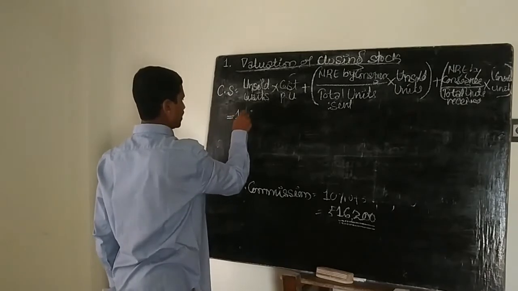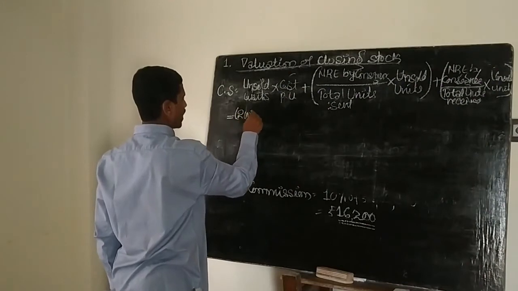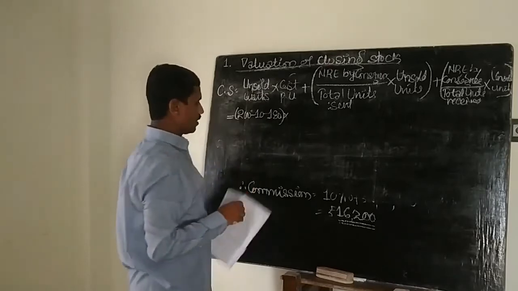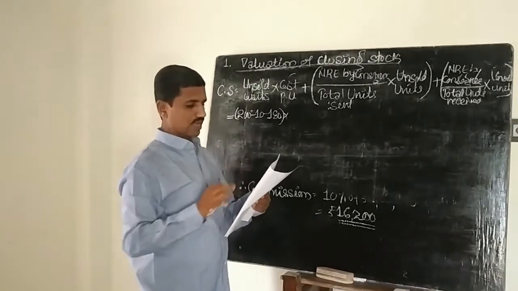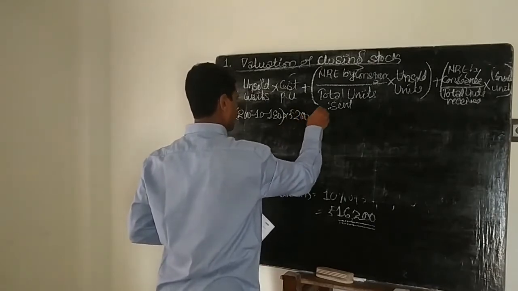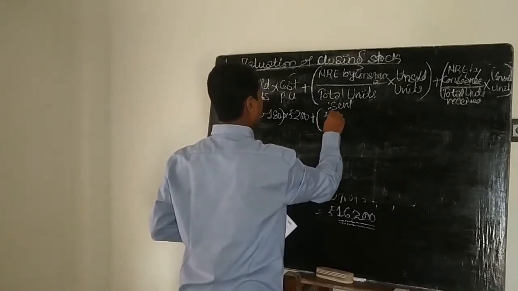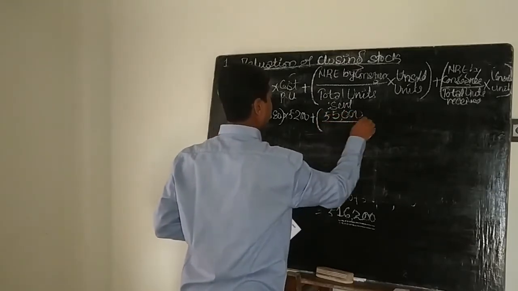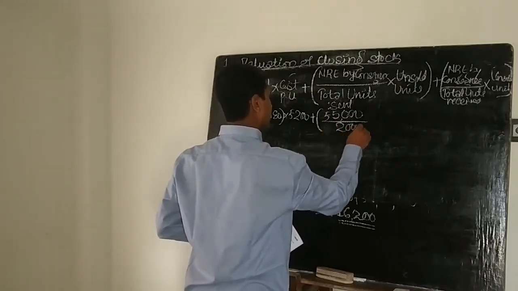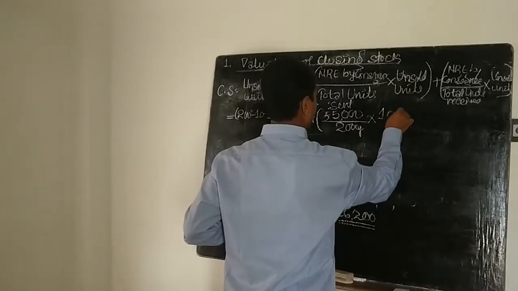So there are 10 cycles. So how did we get 10 cycles? I will write it down here. 200 minus 10 minus 180 multiplied by. So the cost per cycle is given as rupees 200. So 200 plus. So non-recurring expenses. The consignor has paid rupees 5,000 divided by. This is 5,000 for how many cycles here? 200 cycles, into 10 cycles